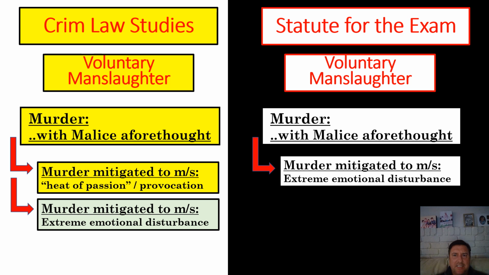So it's choices that the test giver gets to make, and that reflect on your understanding. So you had to understand murder, you had to understand common law murder, you had to understand malice aforethought as part of that definition, and you had to understand some of the options available to the jurisdiction as to how one might mitigate murder down to manslaughter.